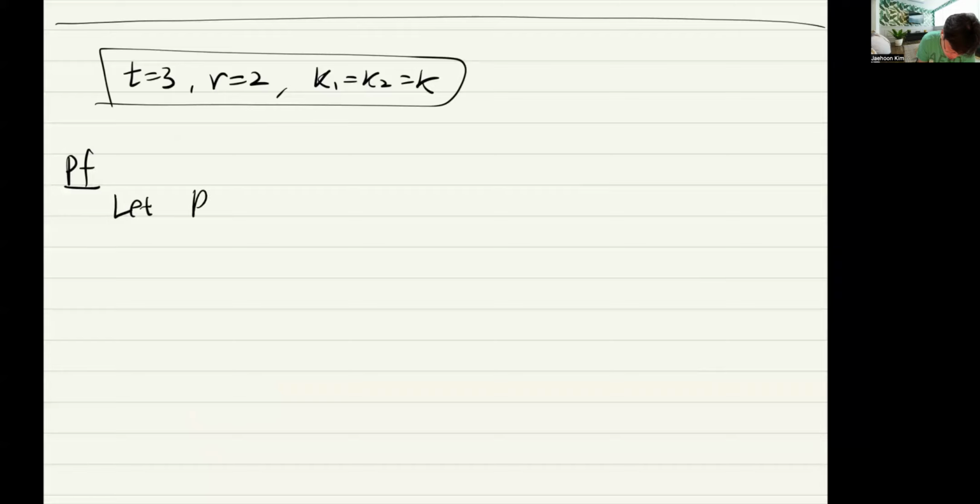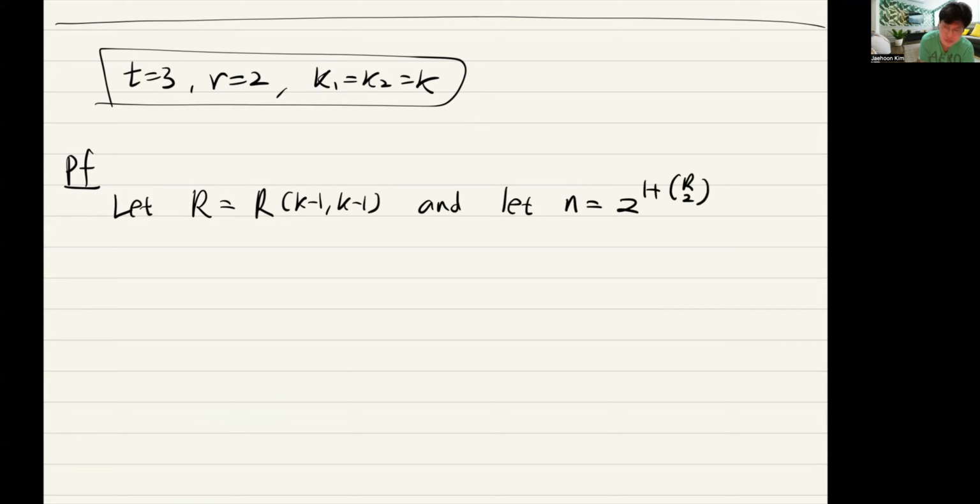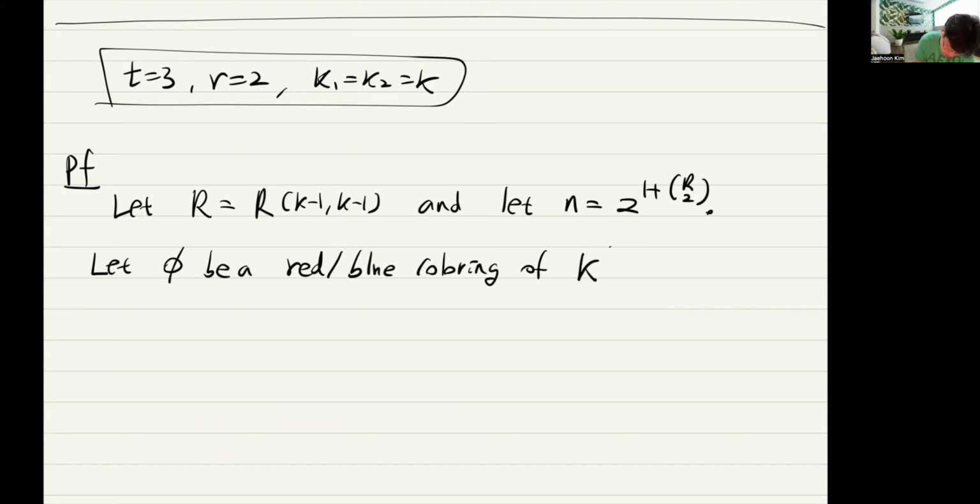So let R be the graph Ramsey number of (k-1, k-1). And then let N be 2 to the power of 1 plus R choose 2. And what we have to show is that if you have an arbitrary red-blue coloring of the complete 3-uniform hypergraph on N vertices, say on the vertex set V,